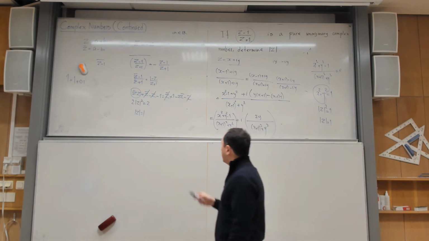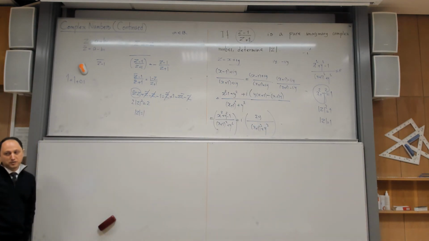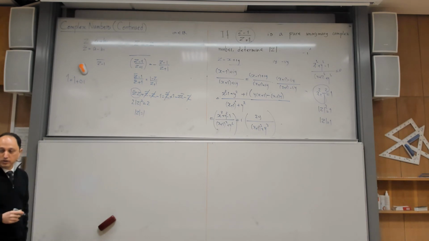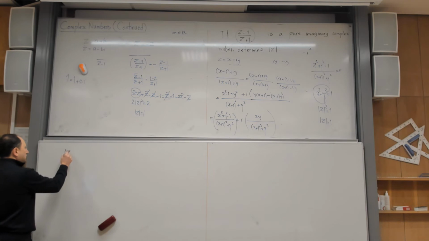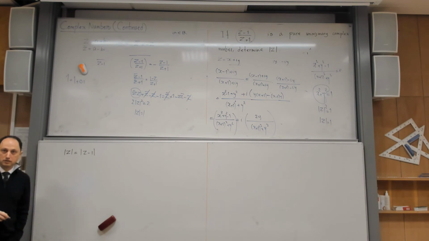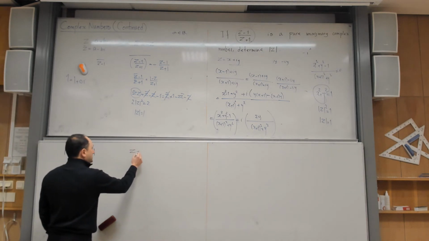Okay, so let me ask you this problem. I want to simplify it because I think that would be too hard. I want to ask you one question. I give you a complex number z whose absolute value is equal to the absolute value of z minus 1. Okay? And then I am asking you, can you calculate z plus z bar?